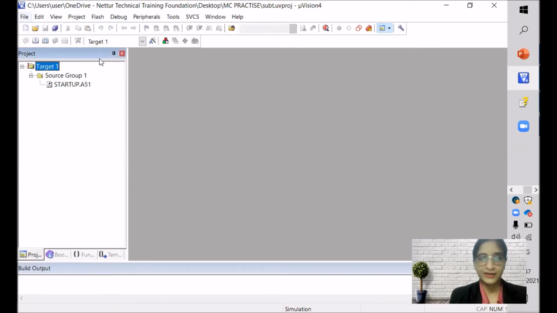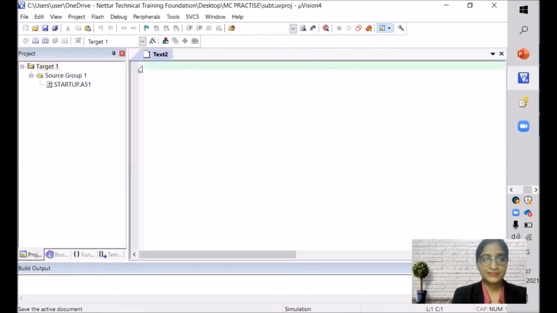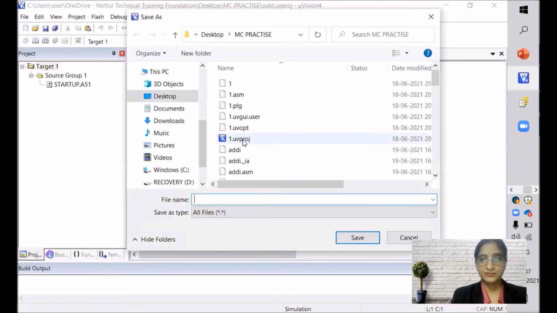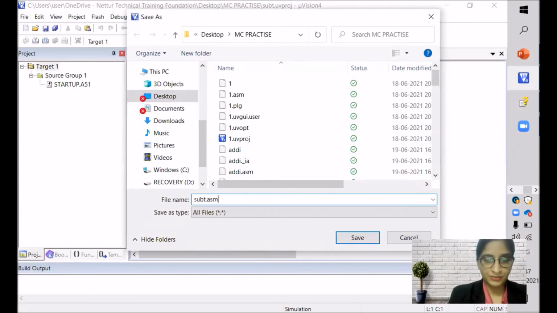Now we have to create a file. So we click on file, new, we'll save. So click on save. Just see the location. It is desktop, where you want it to save. So good, we are on the right path. We'll be writing the same name, SUBT.asm. We'll click on save.